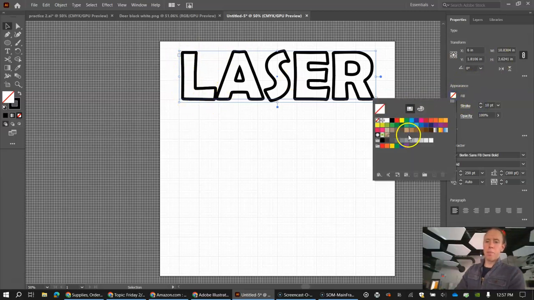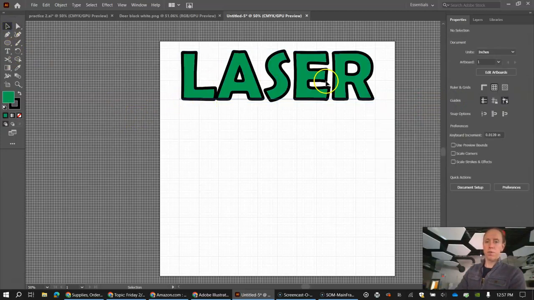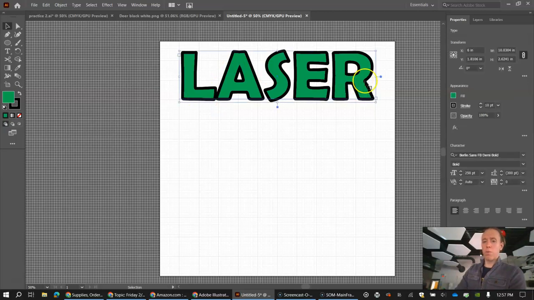Heads up too, depending on what you're designing, you can of course fill in a different color as well. If I'm laser etching, usually we don't want to do that because it doesn't really etch color. It does like a grayscale kind of thing. But anyway,